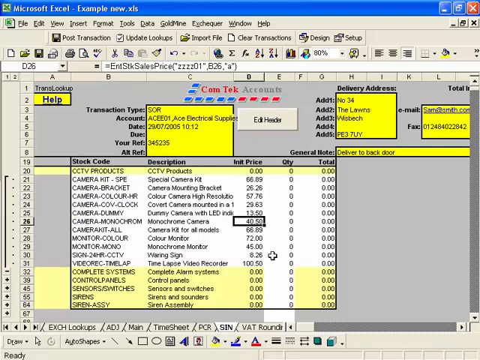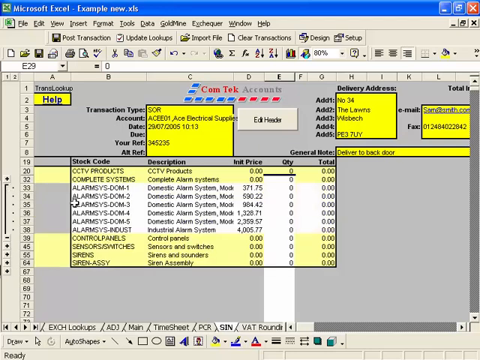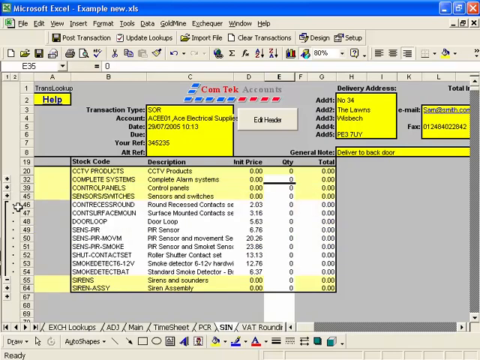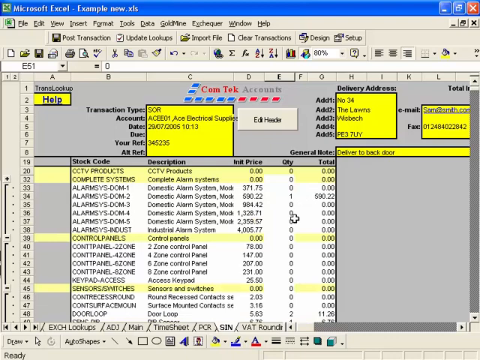So if I have my customer on the phone, they could say, okay, I would like 2 brackets and I want 2 color cameras, color monitor, etc. So that's bought from that group. And they want an alarm system, so we'll have 1 alarm system. You can see it's totaling up the price on the right there, which again is standard functionality within Excel, and a couple of door loops, a PIR sensor, and a smoke detector. So therefore I've got the order all together, which I could read back to them, and so I'm now ready